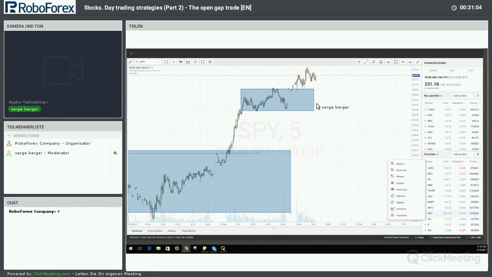Gaps are very powerful, and there are two sort of lines of thought about trading gaps. One of them says that you can use the gap to make a steady flow of income, trading the gap for maybe, like I said before, the half gap, which is what we talk about here. And the other thought, which is a much more advanced thought, because most people don't think this way,